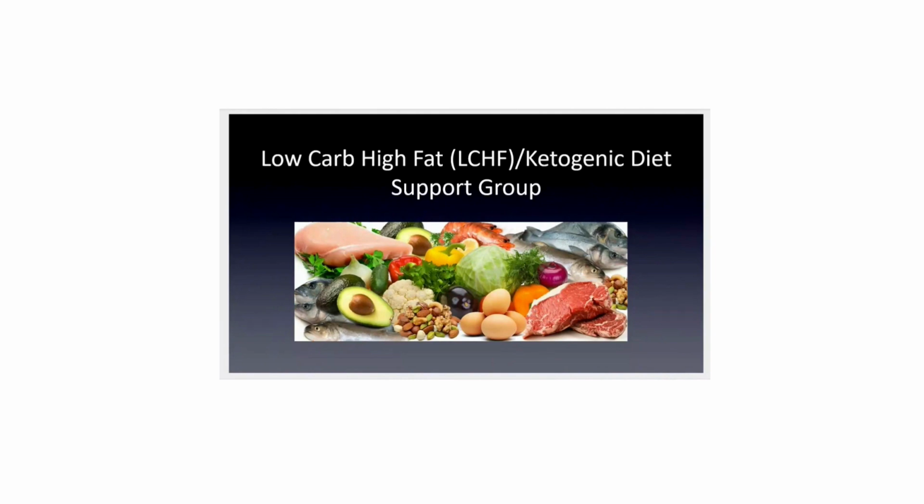But in curves 2, 3, and 4, there's a significantly abnormal response. And when it delays coming down, like for instance, in number 4, that's when we get a resultant hypoglycemia. It's why people tend to feel hungry or even hangry in between meals, like they get mean or they feel like they're going to die. So I hear those comments, and those are even in people who have normal fasting insulins on occasion. So even if you have a normal...